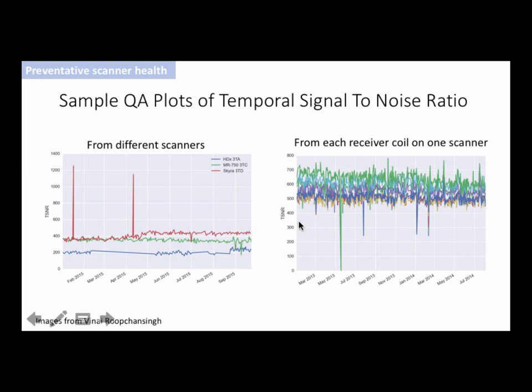actually are an issue. And for some of our scanners, we're actually collecting these TSNR plots for every single receiver coil. And you can see that there is variation among those receiver coils. And in some cases, you might have a failed coil, and this would highlight it. So this is sort of happening from the high-level point of view, but anyone could look at these data and